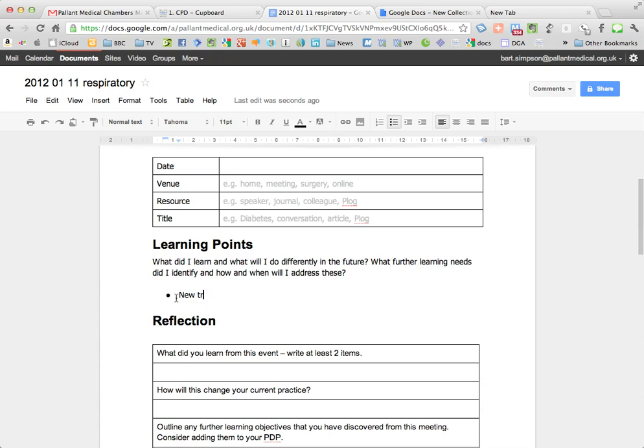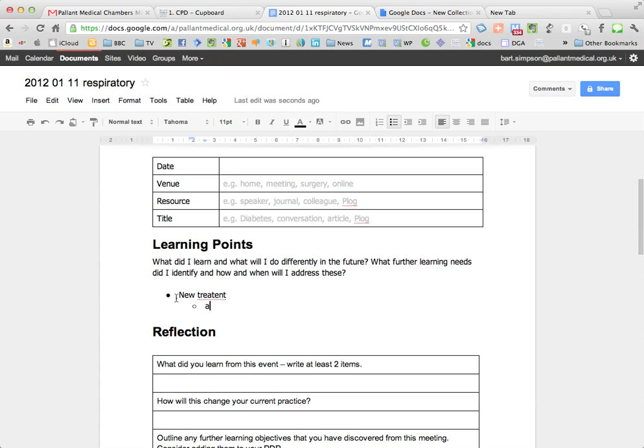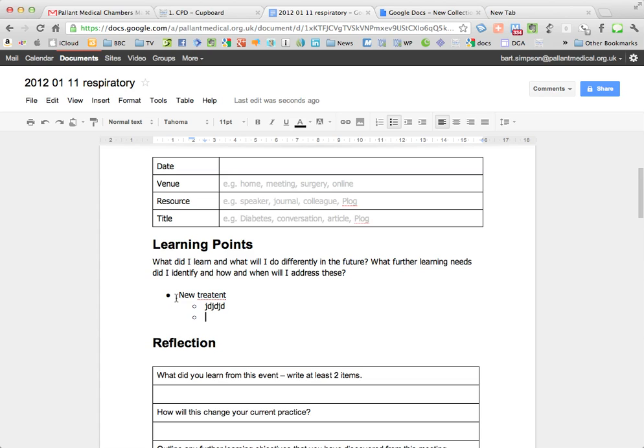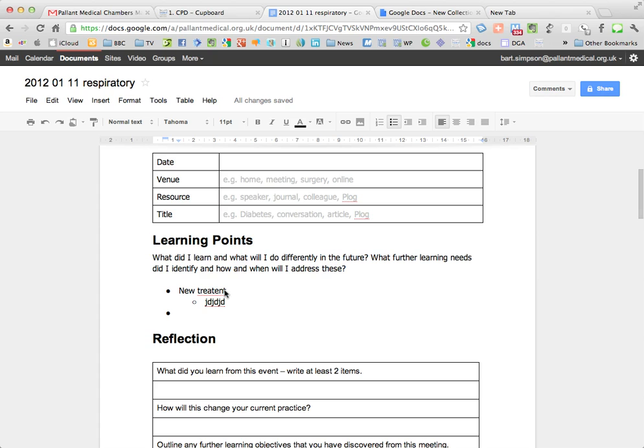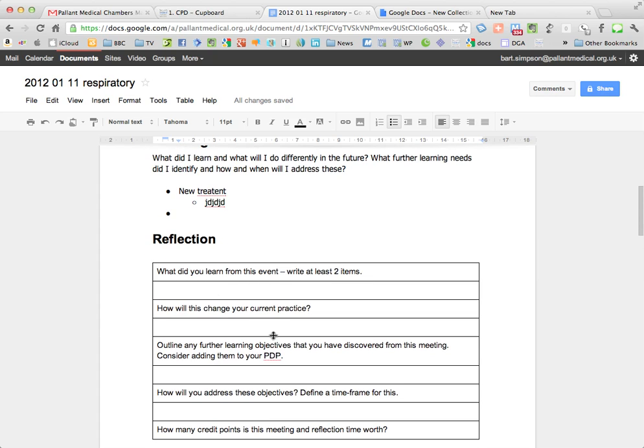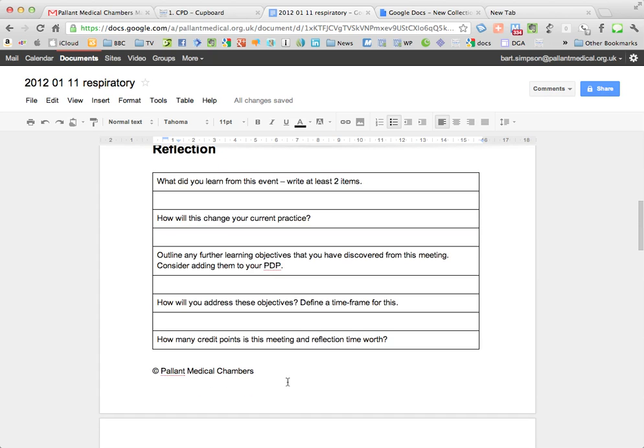So for example, new treatment, and I can make notes as I go along. Apart from the spelling mistake, by clicking return I get a new bullet. By pressing the tab I indent, and I can type something there. Pressing return or return again brings the bullet forward. So if you like using bullets, that's a way to do it. And then obviously once you've recorded your learning points, you can then work your way through the reflection questions, fill them in,